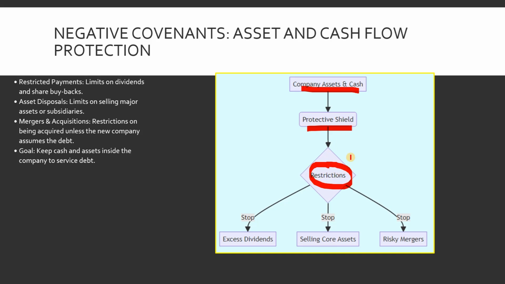These are the restrictions. Stop, you cannot pay excess dividends. You cannot sell your core assets. You cannot do risky mergers with a smaller or weak company, correct? So now let's talk about the four C's of credit analysis, the next small topic we are going to